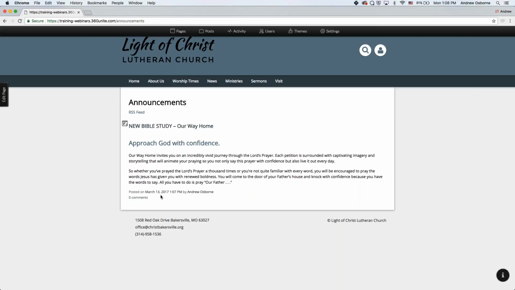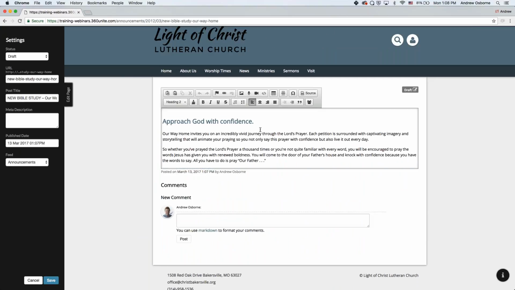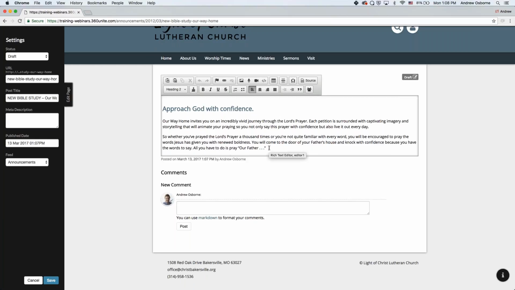I can edit this post by going back to edit page, and now I can click this edit button up here, and it takes me back to the post page. And now I can go in and change anything I need to. If I have information that's changed, I can do that now. I can highlight a certain area. If we had a date in here, say this starts this Sunday,